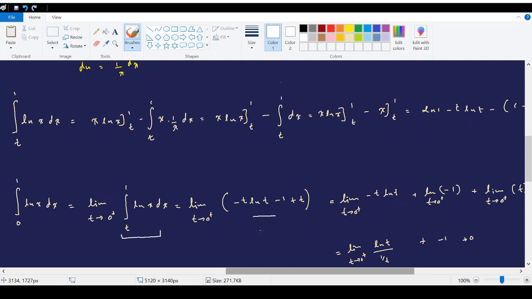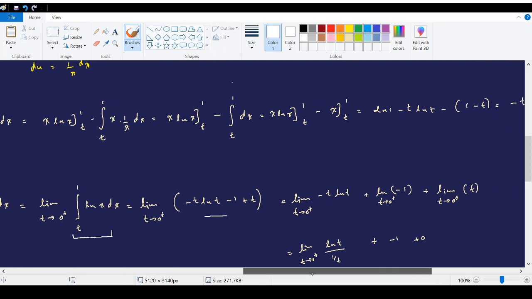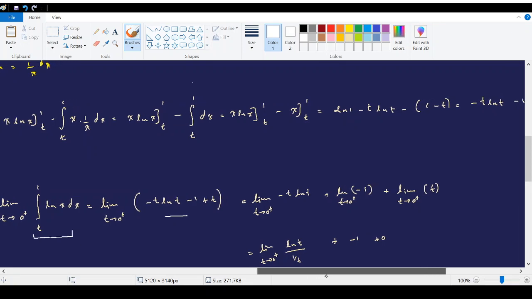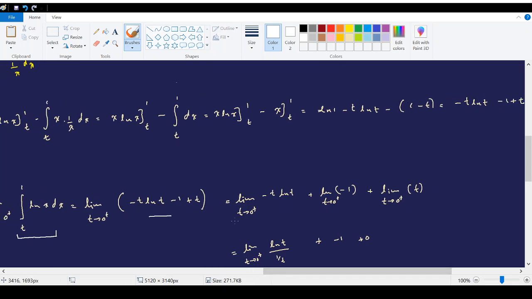Okay, now it's a matter of computing the limit correctly. To compute the limit, we first distribute the limit across these three terms, and since this one does not have a t term, it is independent of t, and you can write it as negative 1, and this is equal to 0. And for this one, you cannot evaluate the answer at once, because when t is equal to 0, then this will be 0 and this will be negative infinity, which is an